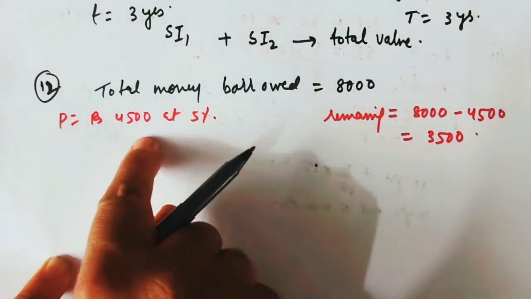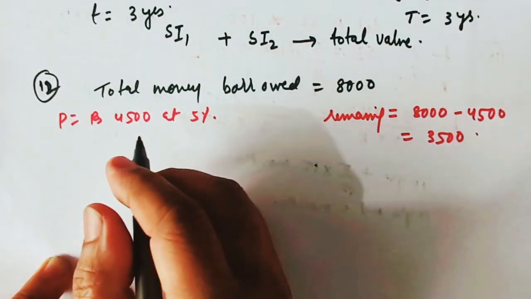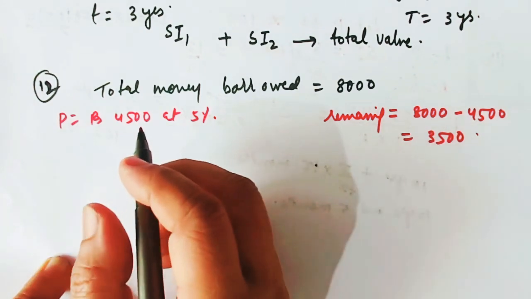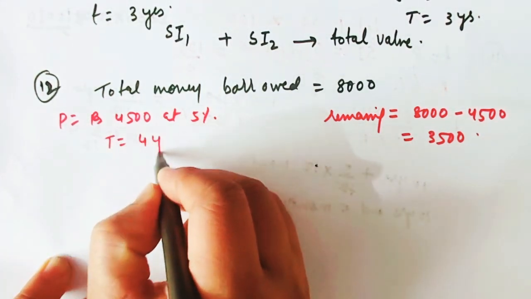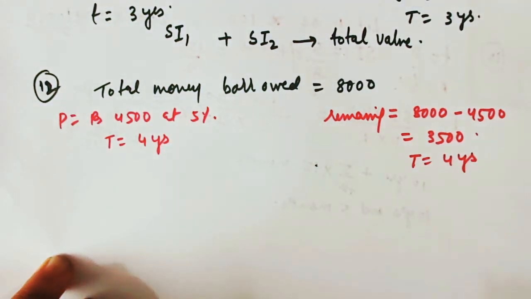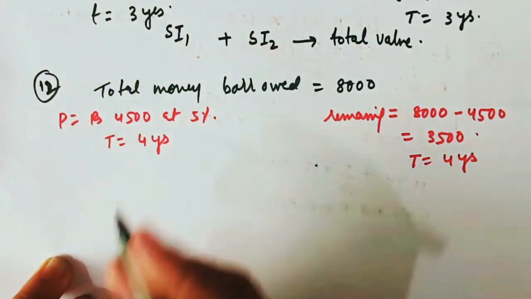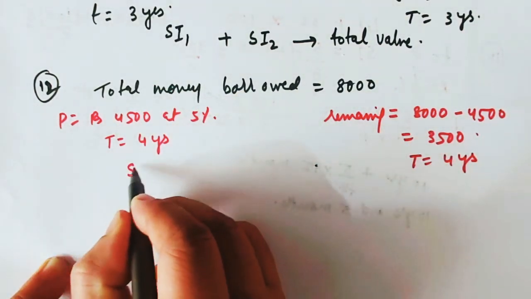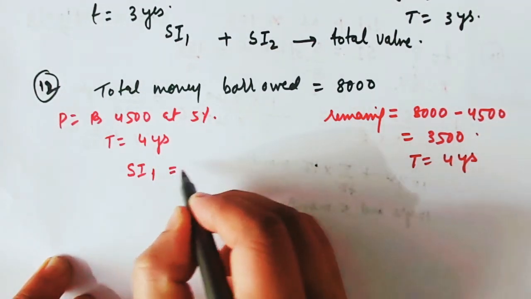Now, the principal here is this particular value. He says, find the total interest paid by him in 4 years. So when time is equal to 4 years, find the total interest paid. Can't you people find out SI1, the simple interest of this particular value, which is equal to